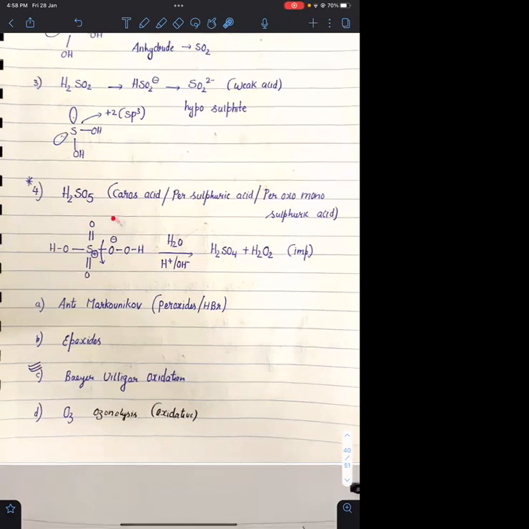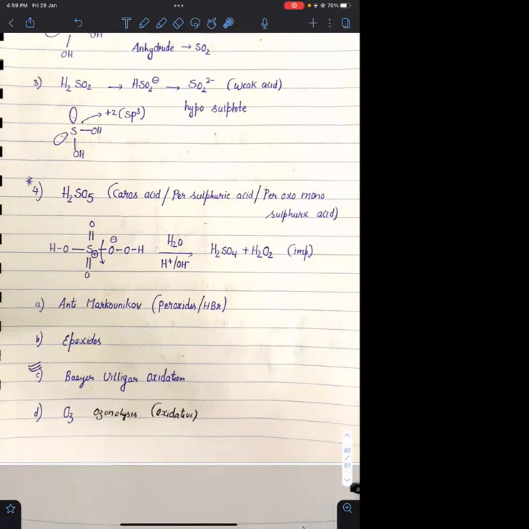Whenever I treat H2SO5 with water, it converts into H2O2 and H2SO4. We have seen in the chapter of electrochemistry. Electrochemistry में H2SO5 बनाया है. H2SO5 on dissolution in water, it converts into H2SO4 and H2O2, which is used as a preparation method for H2O2. Remember,